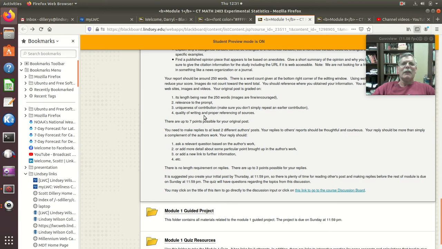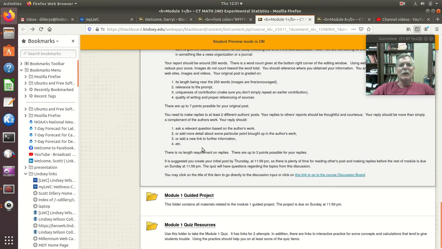On many of these prompts, I'll ask you to provide the link and that sort of thing. Cite wherever you got this. Maybe I'm asking you to find an example of a paper that looks at something, so it's nice to be able to find these things. That's what I mean by proper referencing. If there's an author, a title, let us know what those are. Give us a link, that kind of thing.